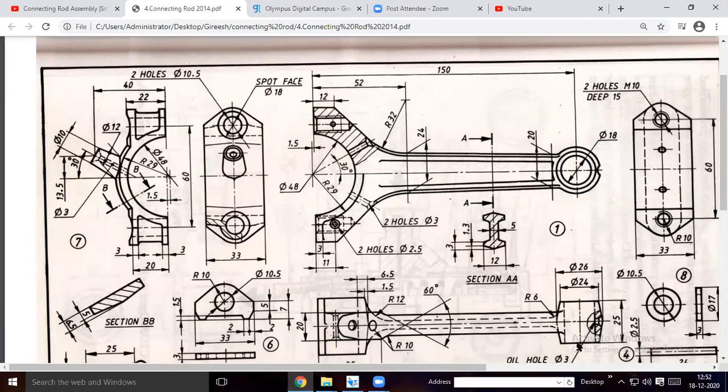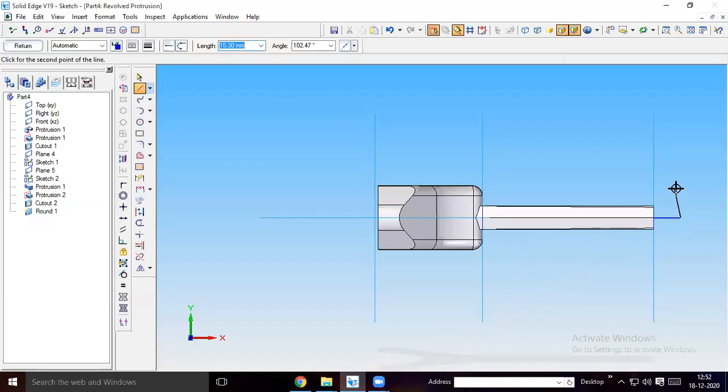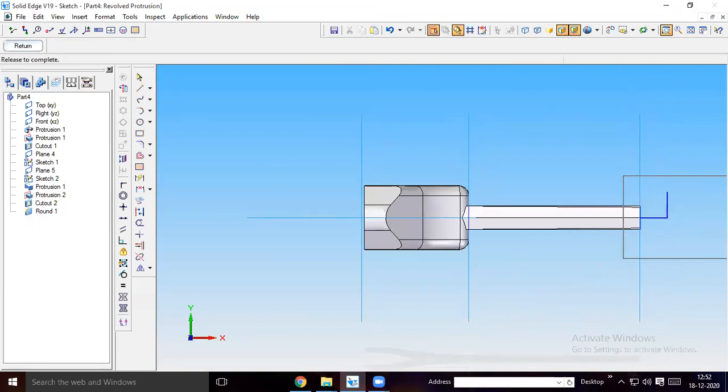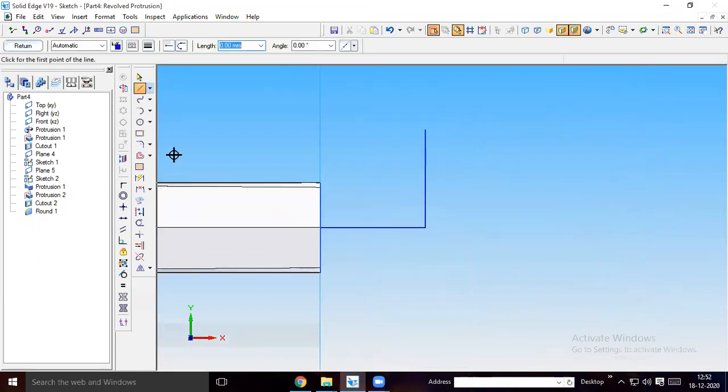In order to do revolved protrusion, let me take a reference line over here. From this point I will take one vertical line, a reference line, just for giving the revolved axis of rotation. Just take some random dimension. From here it has the 18 mm hole.